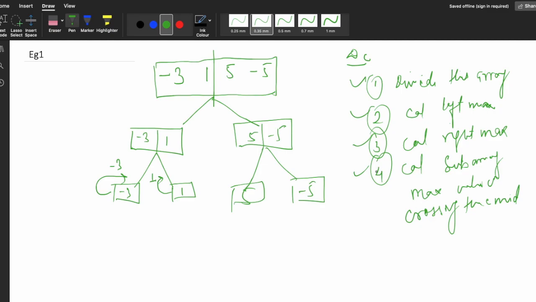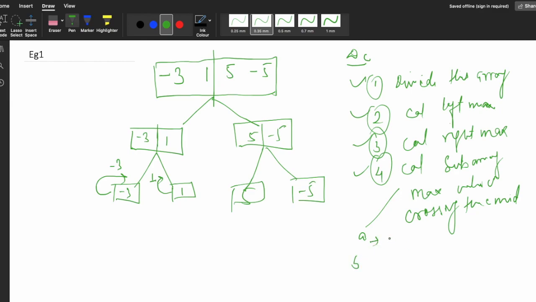Now the fourth part is we have to calculate the sub array max which is crossing the mid. This is the mid and this is the sub array, so we have to calculate the max along this array. For this we have A part and B part.